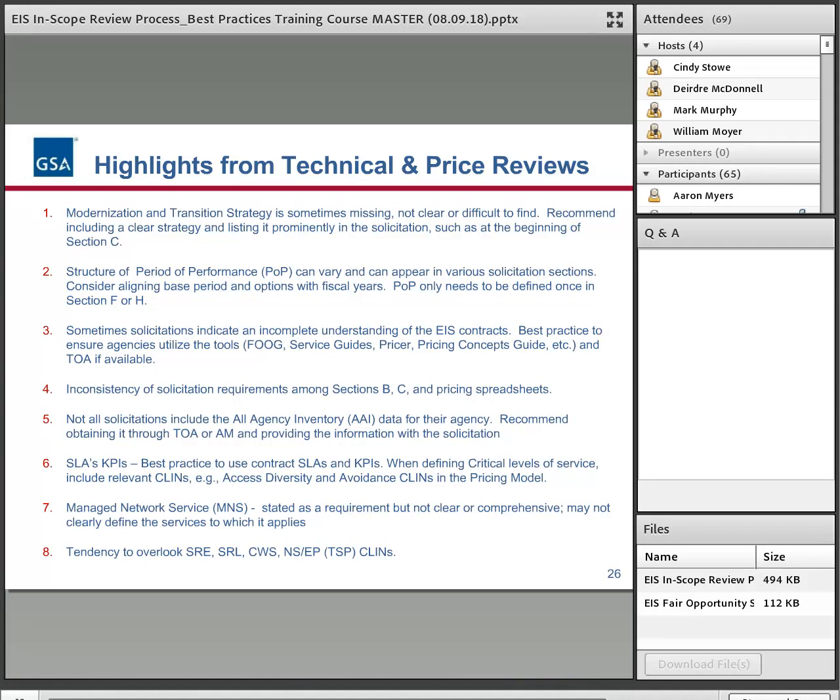Occasionally when we see managed network services listed, it's not clear what the requirements are for it in some solicitations. And it may not be clear what services it's applicable to either. So that's an area to look at, and the more clarity you can provide there, the better.